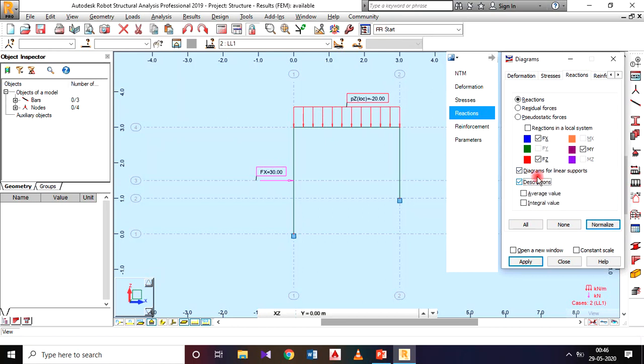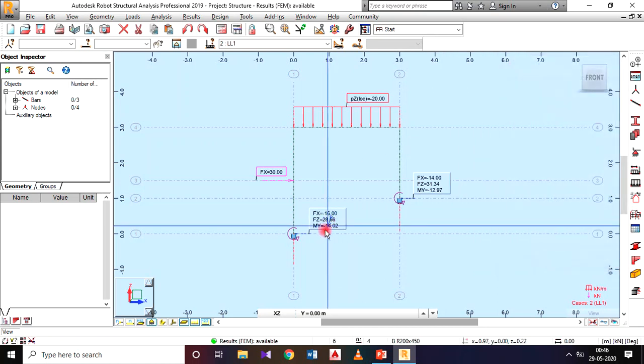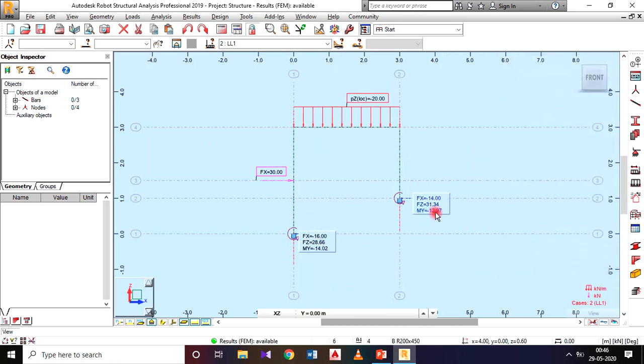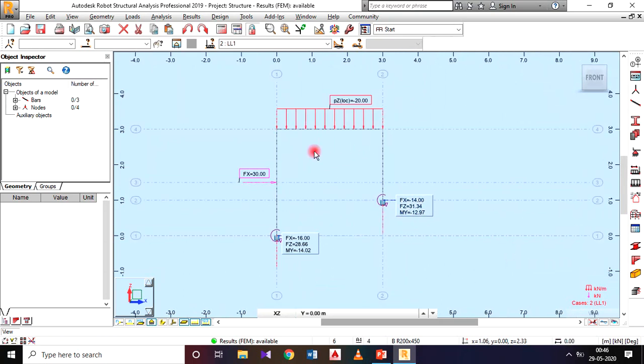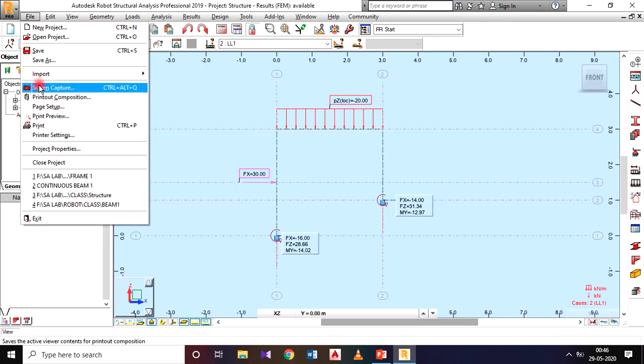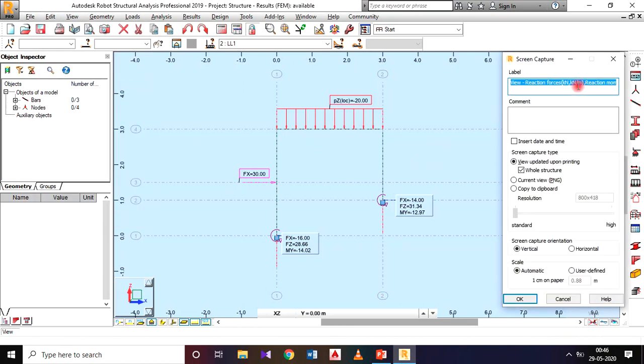Descriptions also I need. Okay, and apply. After that, close. You can drag it down. Yeah, we are having 3 reactions for the fixed support. To get the printout of this, go for file, screen capture, and you can name it as frame 2.